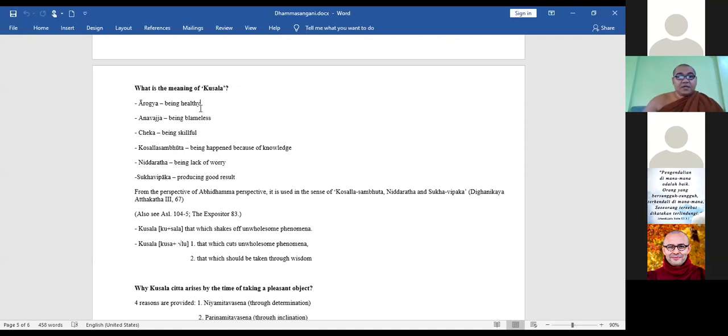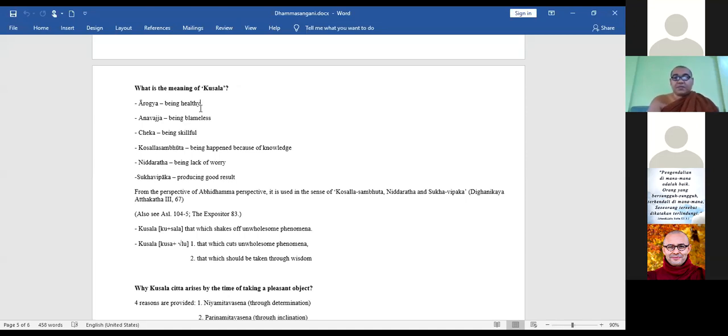Then the last meaning is Sukha Vipaka, producing good result. So it is for sure. As the saying goes, as you sow, so you reap. It means, if you do good things, you will get a good result. If you do bad, evil things, then the evil result will follow you. Because kusala citta, once it happens in our mind, will produce good result within ourselves,